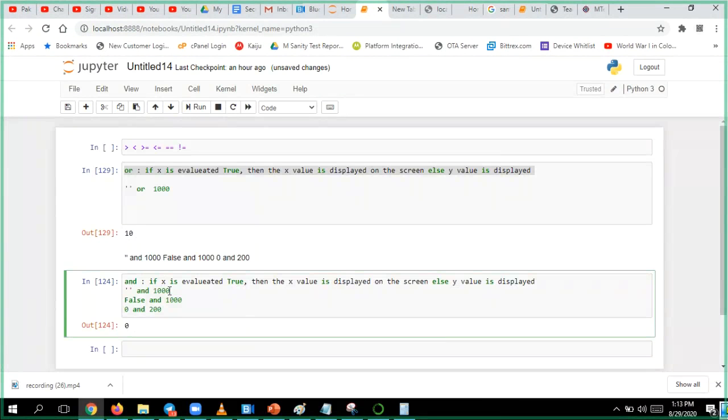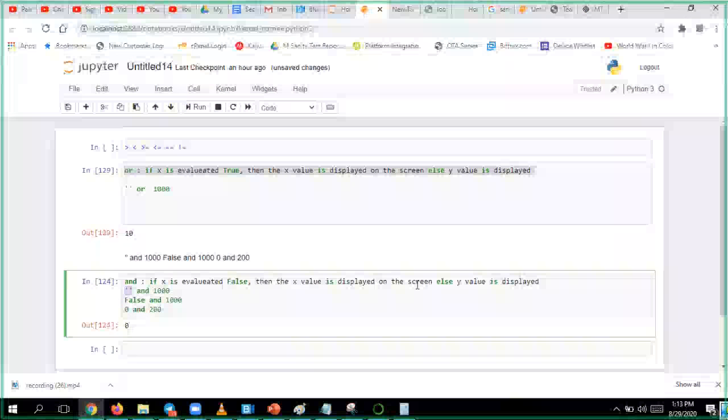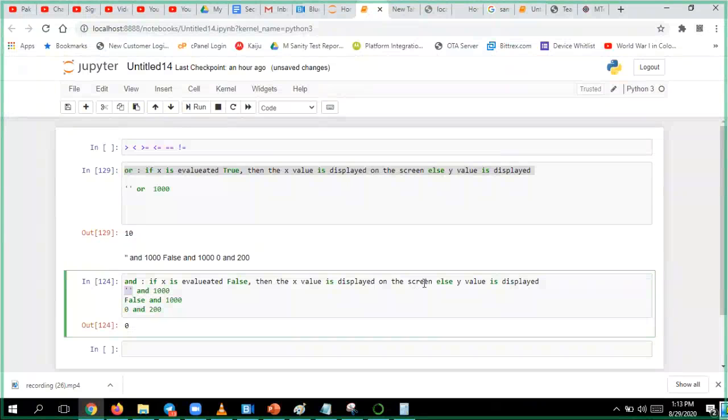If X is evaluated to false, remember this, if the first value is evaluated to false, then it will display the X value onto the screen.